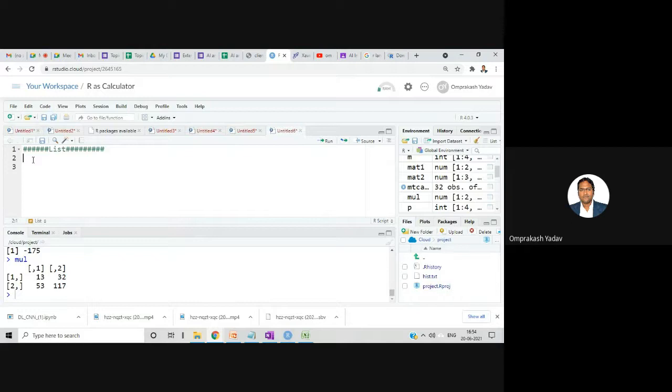So list is very flexible, and most of the time, if you are working apart from the data set point of view, we will be using the list only, right? Because in the list we can have a collection of heterogeneous data. So let's see the list and how we can create it. All the functionalities of list we can see.